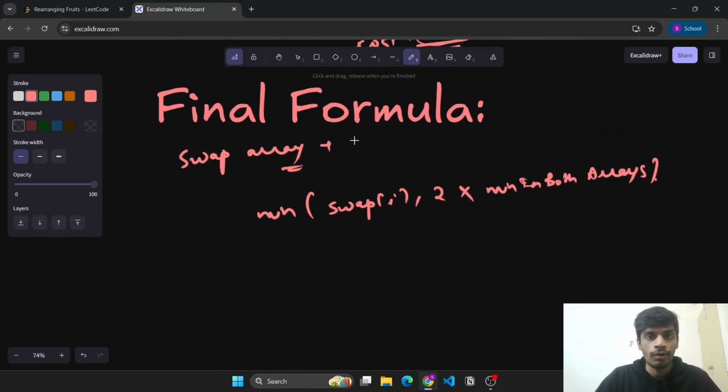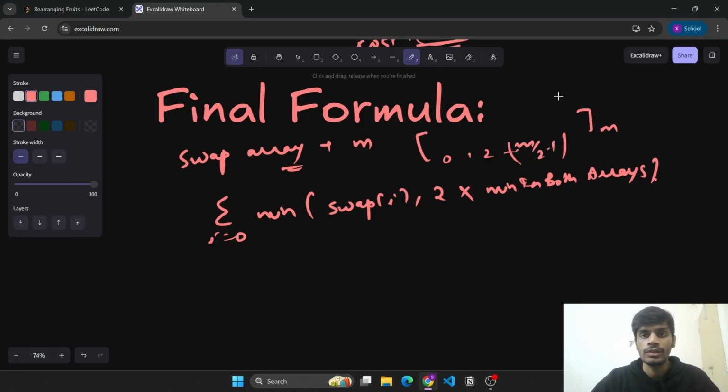So suppose size of this is m, so it will be summation i equals 0 till what? Since we have a size m array, it will be 0, 1, 2 till m by 2 minus 1, right? Means, since this array will have even numbers only, we'll only account the first half of these numbers, which will be till m by